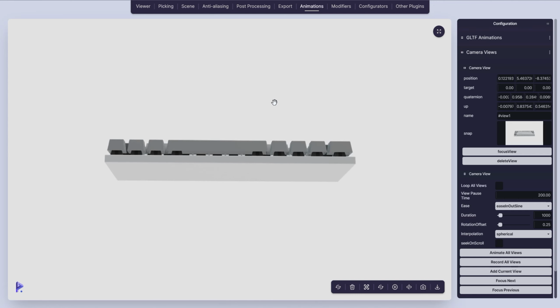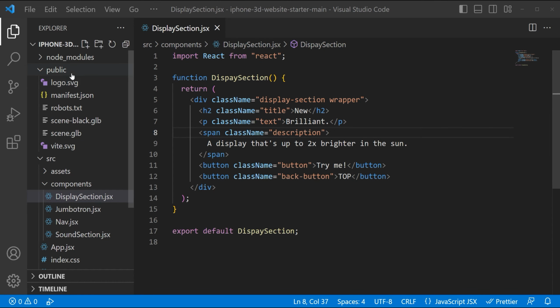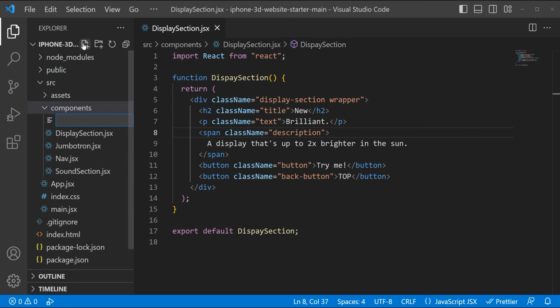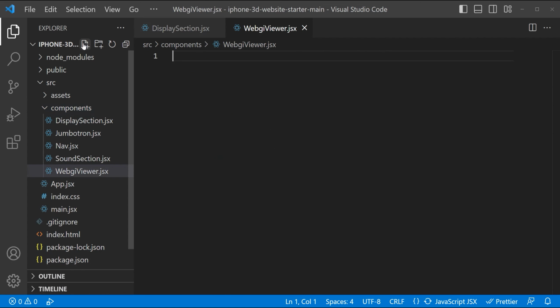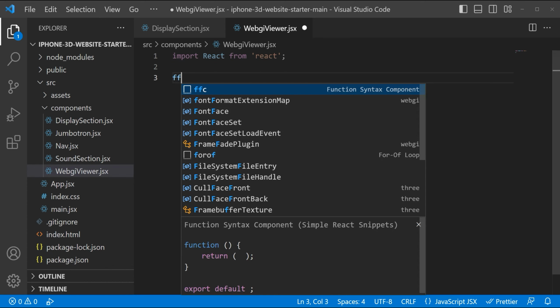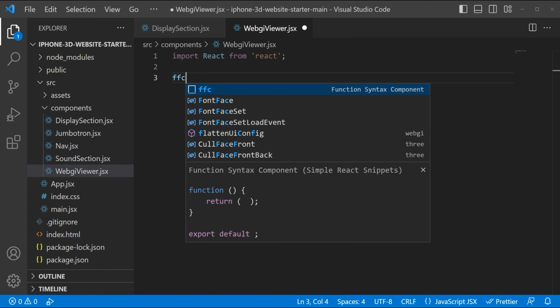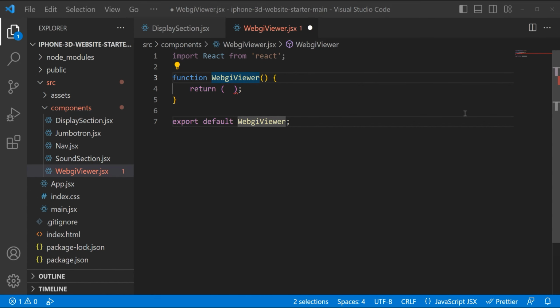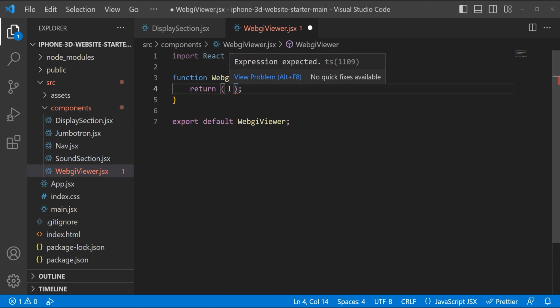So let's do that. Let's add a new component. Close this public folder, and inside of the components, let's add a new file. The name of this file is going to be WebGiViewer.jsx. Now let's import React from the top, and let's create a new functional component. This one is going to be called WebGiViewer. And here in the return statement, let's add a div,